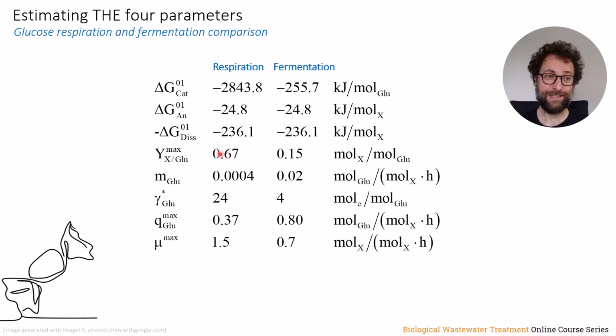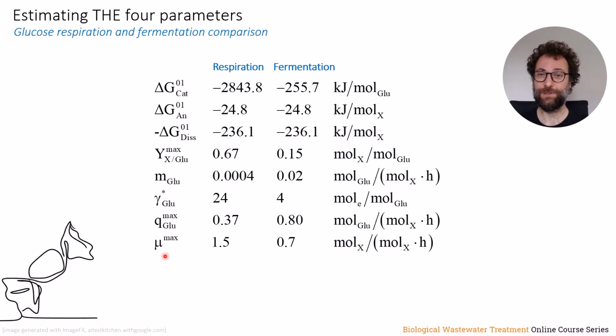And as we discussed, the yield is higher for respiration, yet due to the fact that many more electrons are transferred per mole glucose, the Qmax will inevitably be lower because we have the 3 moles electrons per mole biomass per hour that limits the electron transport rate. Therefore, as we multiply numbers that go in different directions for the same metabolism, then it's difficult to predict upfront